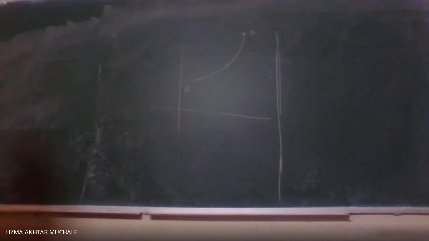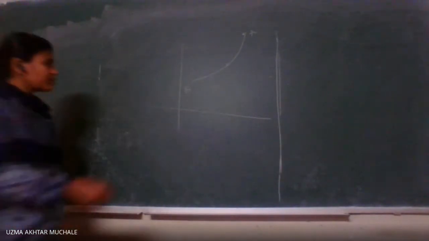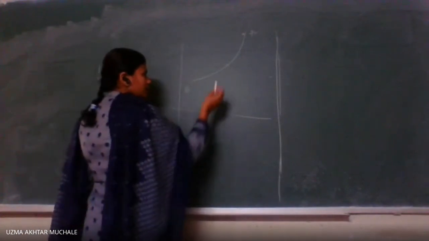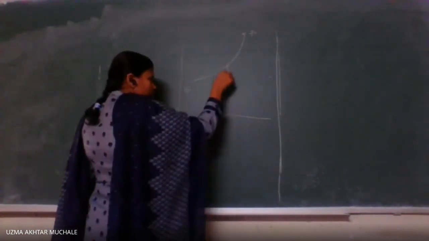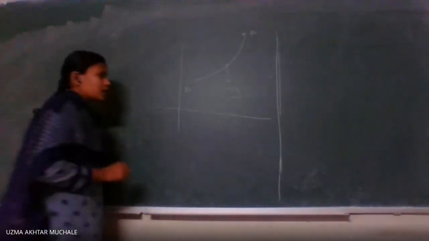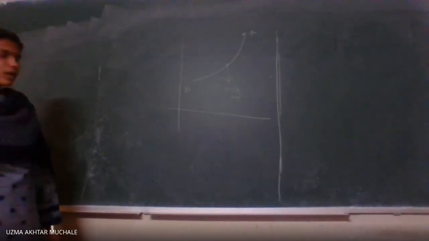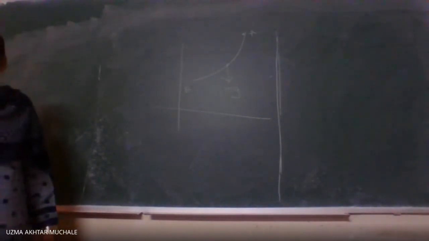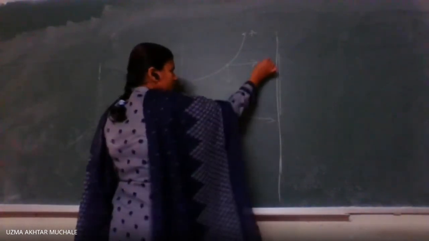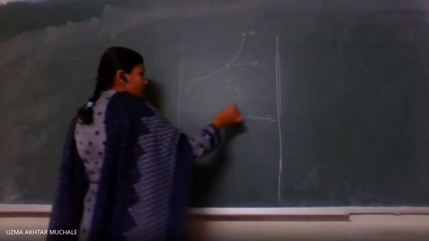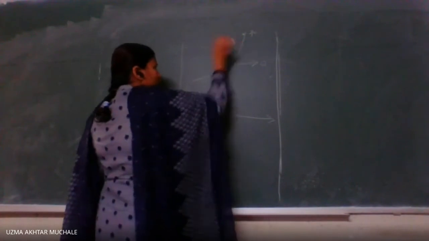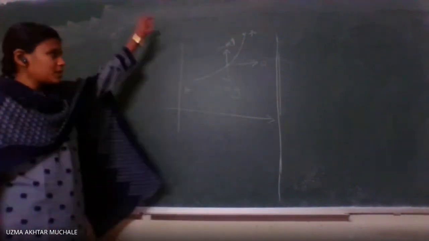Right? So if a particle is moving from position A to B, the force is applied in the downward direction, and that is nothing but mass into gravitational acceleration. So now, what will be the force in this direction? In the direction of the x-axis, there is no force, that is 0. And in the direction of the y-axis, there will be a force minus m into g. Why is there a force of minus m into g?